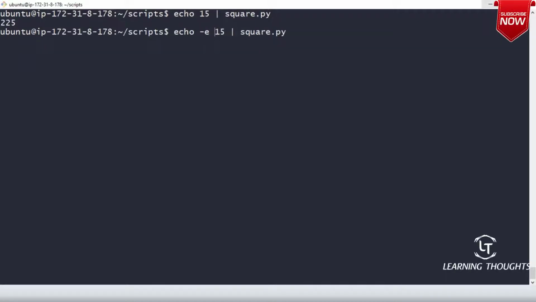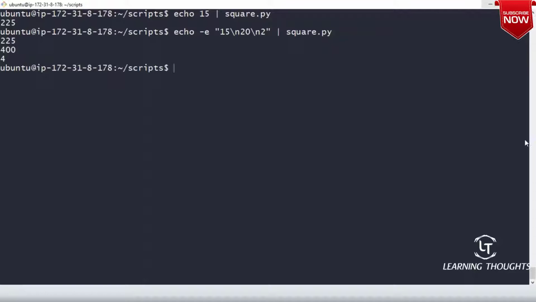Now let me write 15 backslash n 20 backslash n 2. So is my program working, sir? If you have to make your Python program run, which takes input from standard input, can we do this?